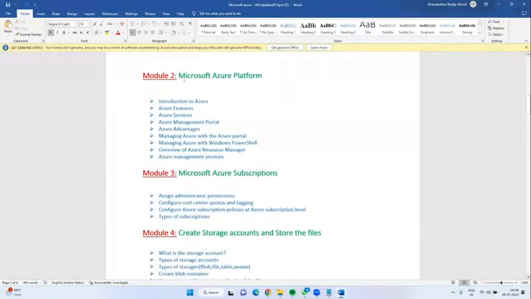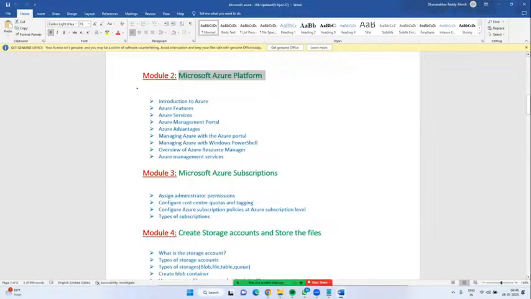Module two, Azure platform. So we will go through the Azure portal. In the Azure portal, as I said, Microsoft provides more than 200 services. Out of them, what services can we consume as per our business requirement? If you consider one project, it may require 2 VMs. Another project may require an artificial intelligence service. A different project may expect data science related services. How we can create all these services, we will discuss in module 2.